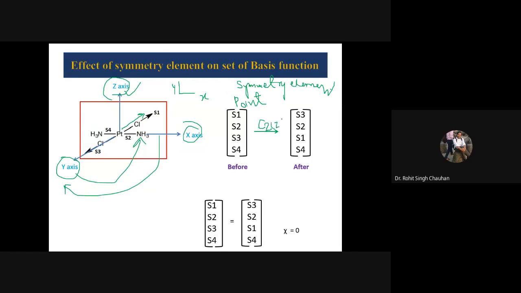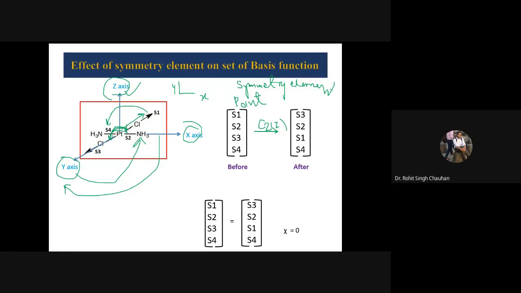Right? So what will happen with respect to C2Z? Now see, I told you don't get confused. With C2Z, will S1 become S4? No. Always think of this angle. This angle is 90. It is a square planar molecule. So 90 cannot be a C2 axis of rotation. For a C2 axis of rotation, the angle should be 180. So always remember, whenever you are rotating through C2Z, it is this way. It will stay up to here. Okay.